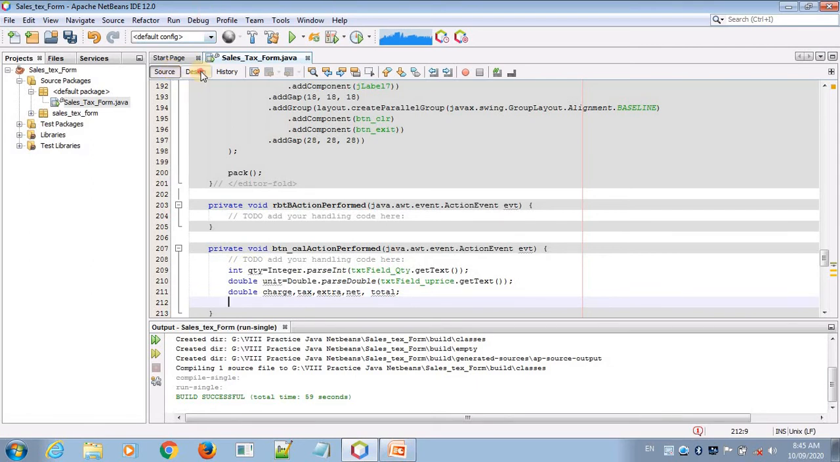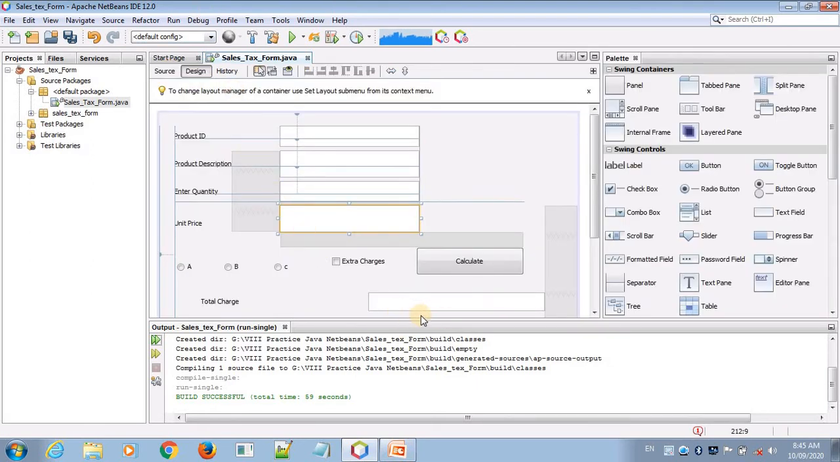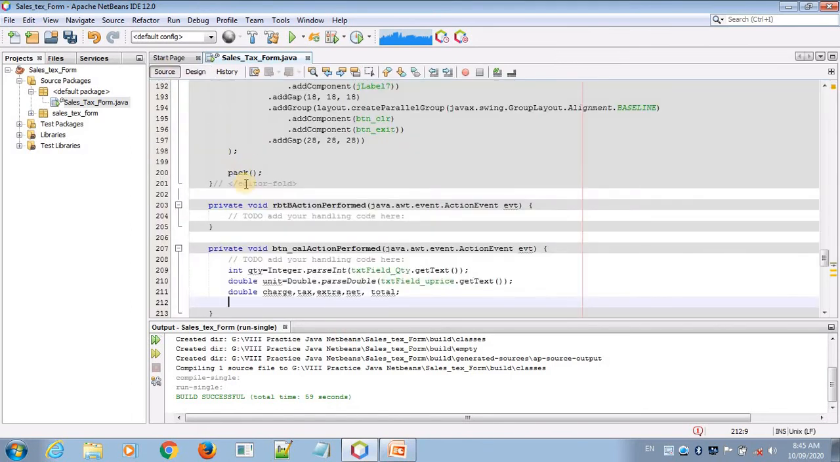So first we find out our total charges. So first how to make the total charges. We have already taken a total, so this variable we need for storing the total charges. So total equal to what? Quantity into units. So you write here QTY into unit. So this is our total. Okay, after finding the total,